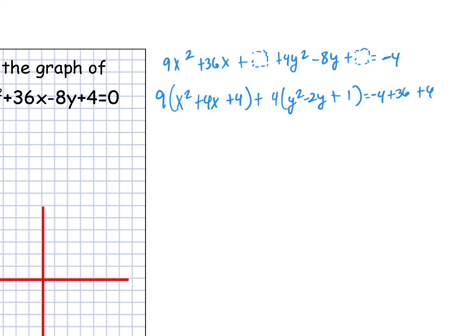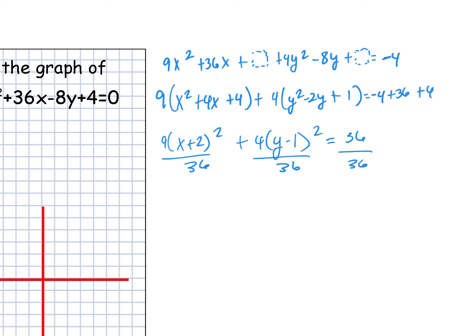Okay, so simplify and write it as a perfect square. So 9 times x plus 2 squared plus 4 times y minus 1 squared equals 36. Divide by 36, so we make it a 1 over there. This one works out nicely because 9/36 and 4/36 fully simplify. So we have x plus 2 squared over 4, since 9/36 is a fourth, so I can think of that as 2 squared, and y minus 1 over 3 squared